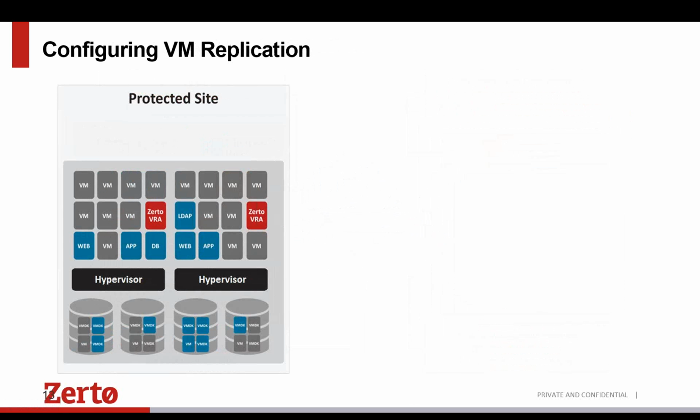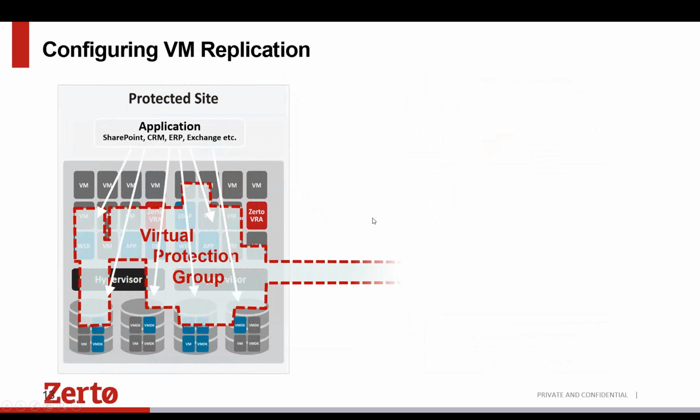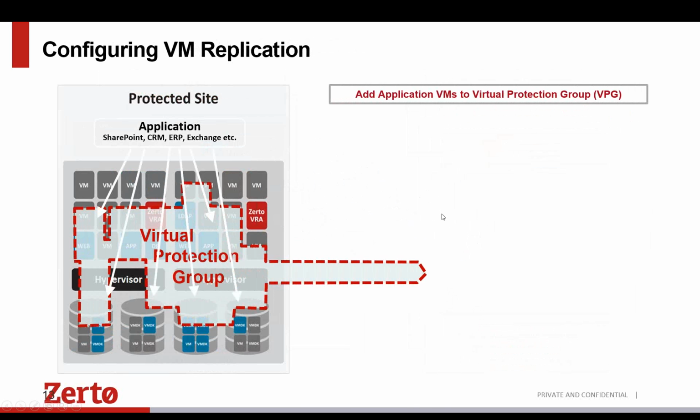Once your Zerto managers are set up, the next step is to configure which virtual machines you want to replicate and protect. All of the replication in Zerto is done on a per protection group basis. So we call these virtual protection groups, and you typically build these per application. So if you have multiple virtual machines that form a single application, such as your ERP, CRM, or SharePoint system,